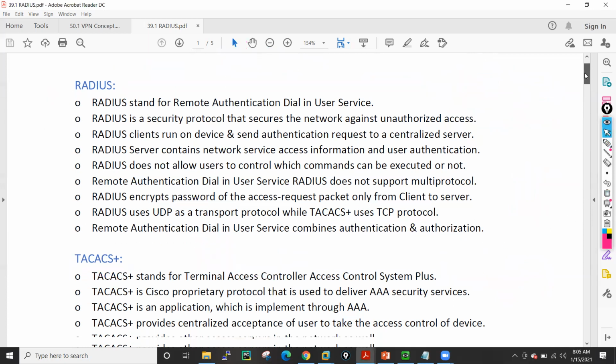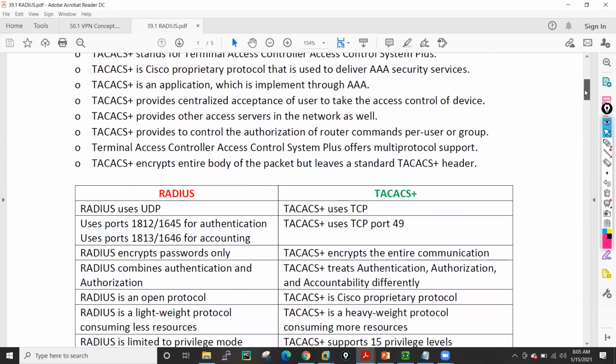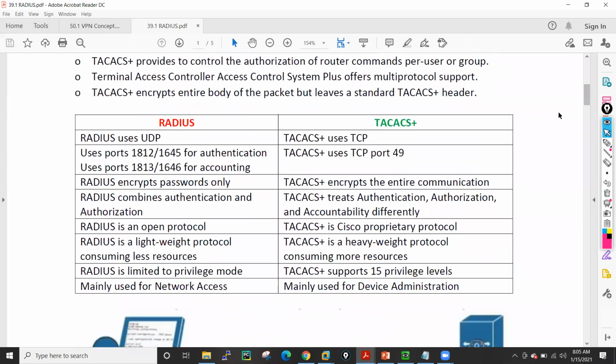If I go there, I will not discuss TACACS. So if you see, these are the port numbers of RADIUS. These are the new port numbers. Some old devices basically listen for RADIUS packets on ports 1645 and 1646 for authentication, and these are for accounting.